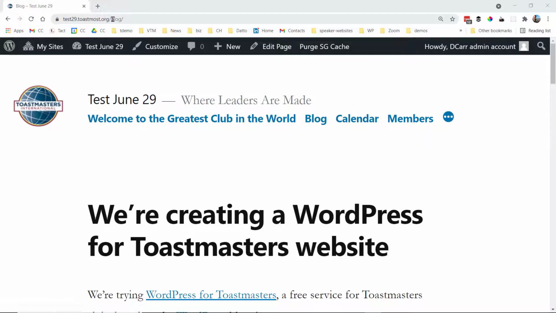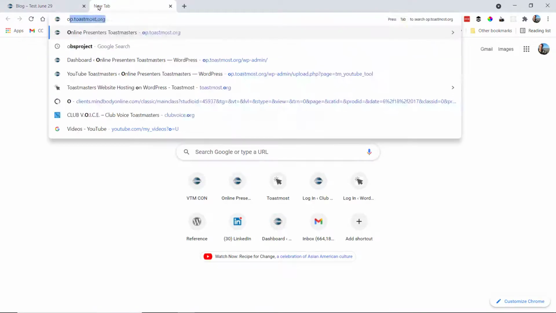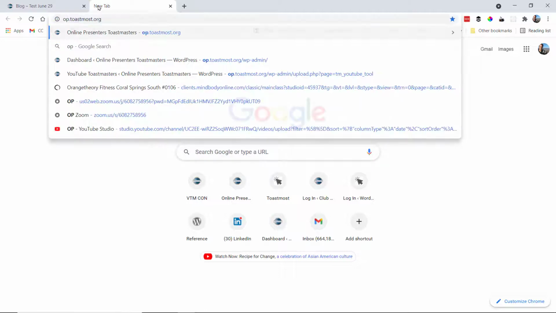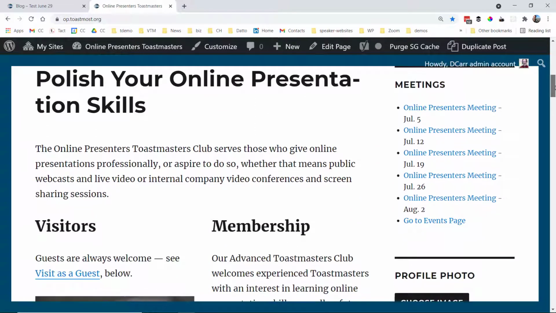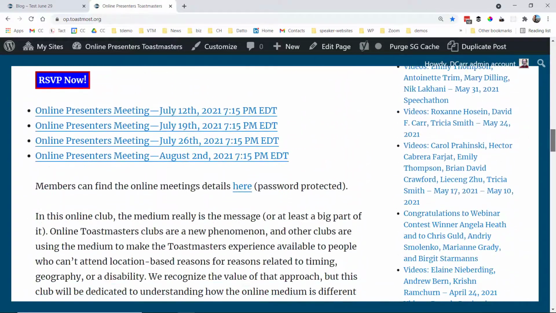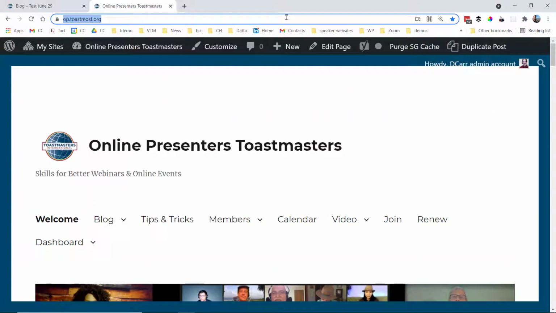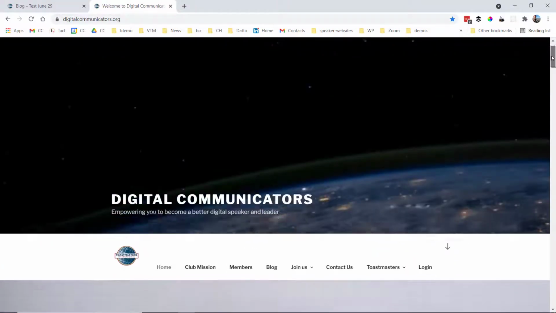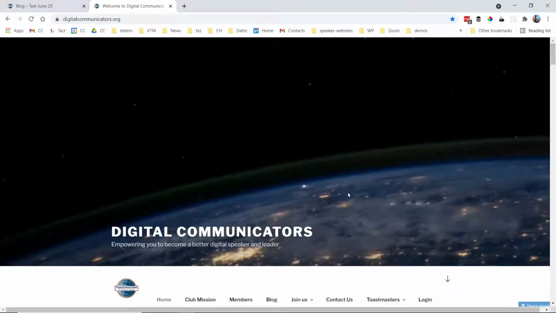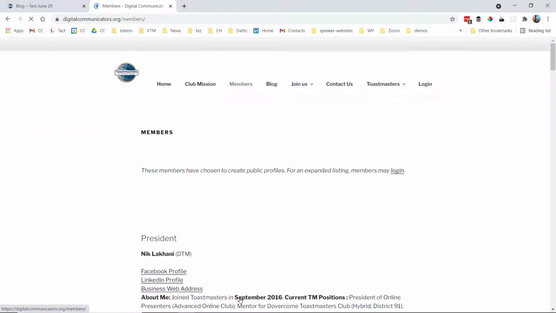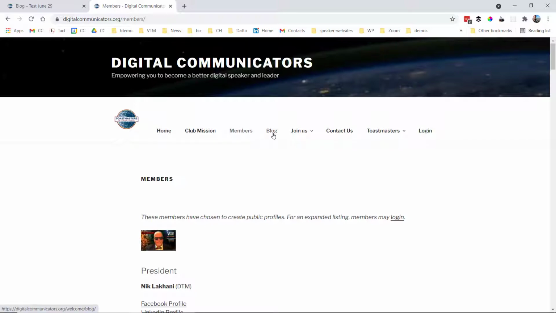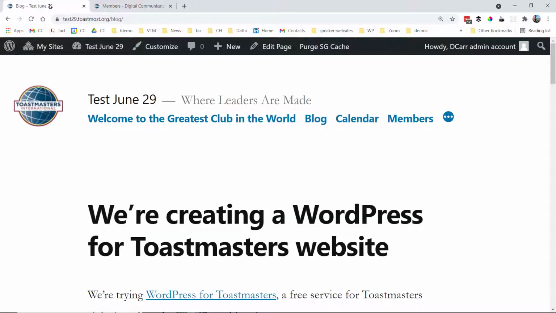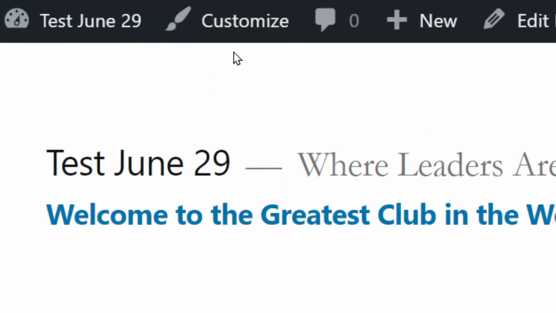Now this is only one of several possible designs that are available. If we look at the online presenters website, it has a banner image across the top. It has a sidebar and just a little bit different layout. If we look at digital communicators, it has this NASA photo up top to emphasize the fact that they're looking into the future. And that photo, just a smaller version of it, follows you throughout the site as you navigate around. So if I want to change the whole design of the website, I can do that through this Customize tool